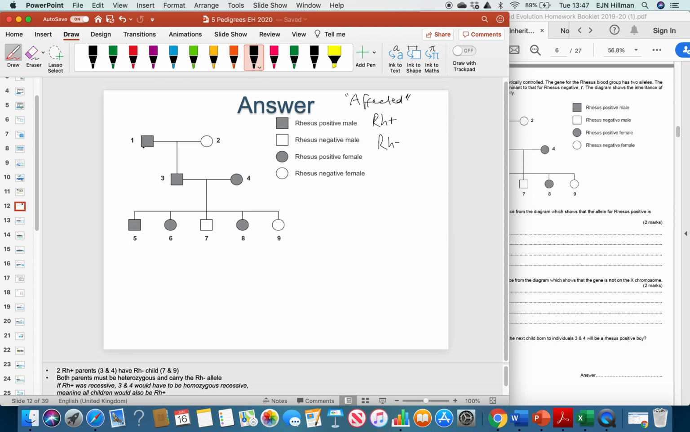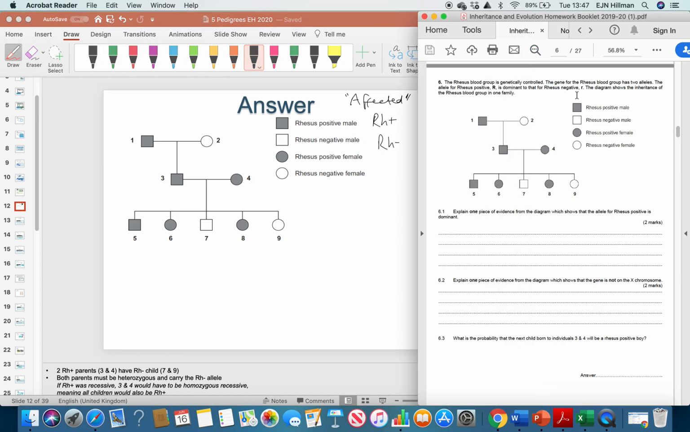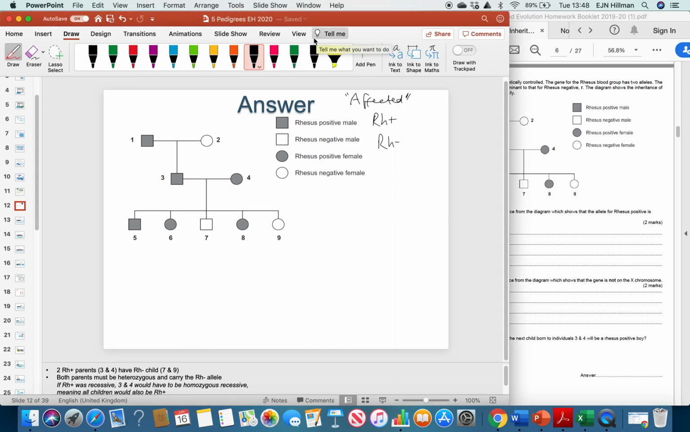So we can see 1 is a male, rhesus positive, 2 is a female, rhesus negative. Now, in the stem of the question, it tells us that the allele for rhesus positive is dominant to that for rhesus negative. The first question says, explain one piece of evidence from the diagram which shows that the allele for rhesus positive is a dominant allele. If we refer to page 13, it will tell us that if we want to prove that an allele is dominant,